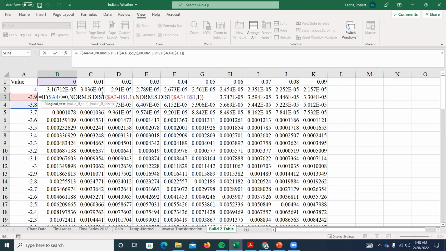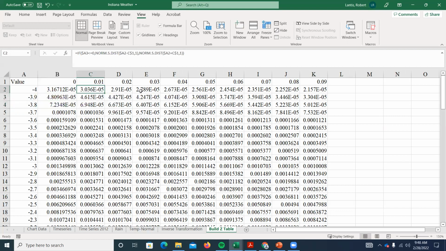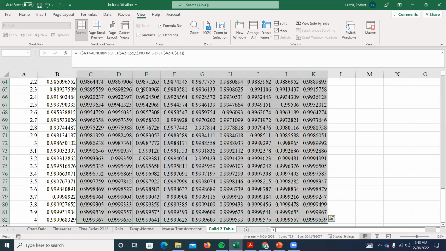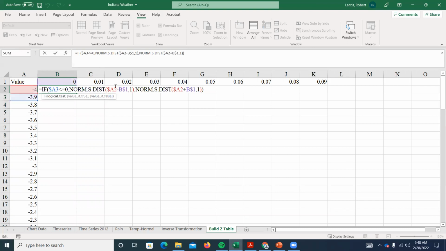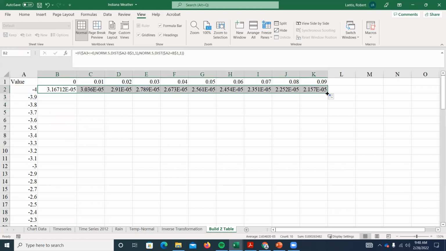use that norm.s.dist function, sorry, I'm using z values here, to find the area to the left, the cumulative probability. But notice I can freeze some of these things because as I move this across, I want this to stay the same, but I want this to update. So you can use combinations of freezing cells, like I can only freeze the column or I can only freeze the row. So when I did all of this, I only typed this in one time. But the way that I froze my row and column headings, when I copied this over,